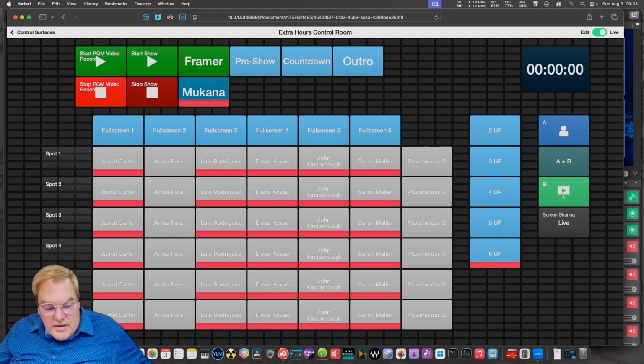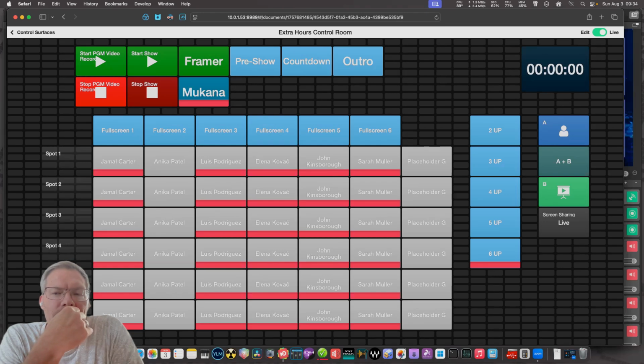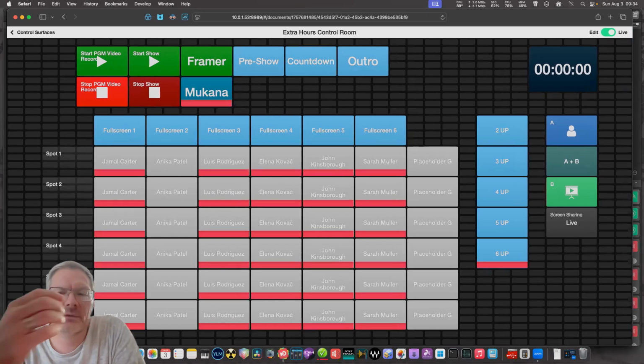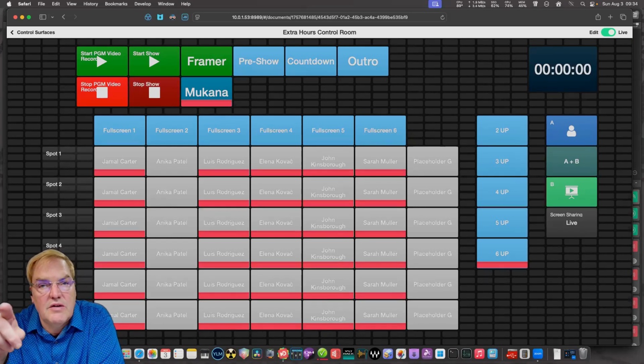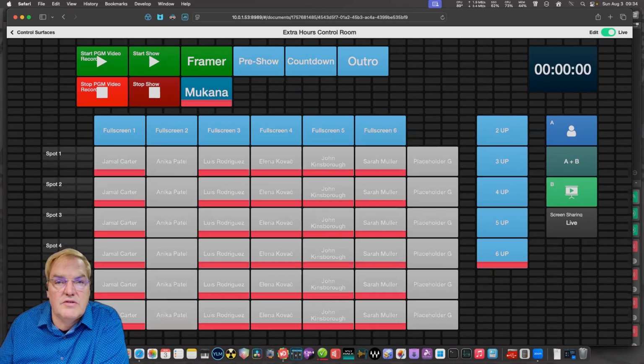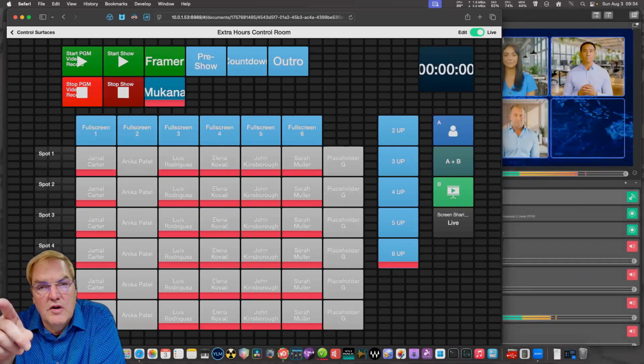I think in the end, this is not 36, but 36 times 6 or times 5, no, that doesn't work. Because, as you see on the right side, there's two up, three up, four up, five up, six up. This selects the layout, and if you choose two up,